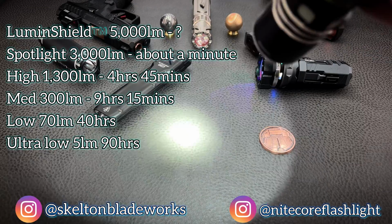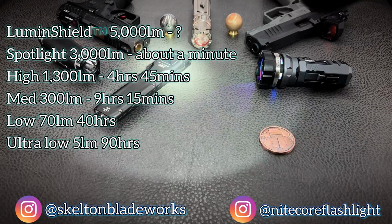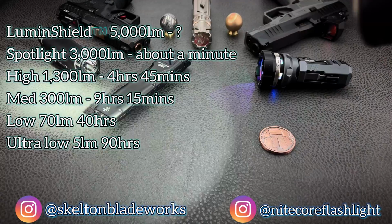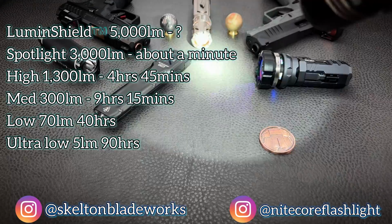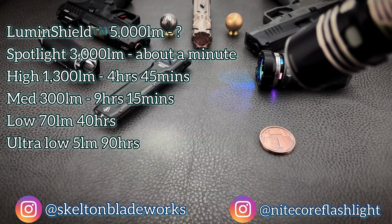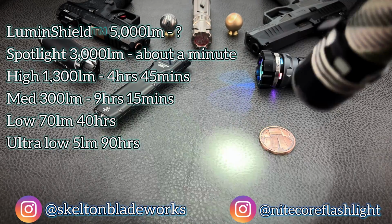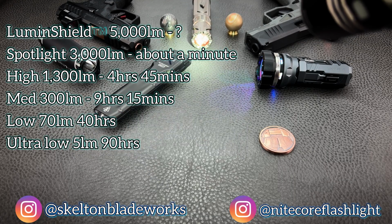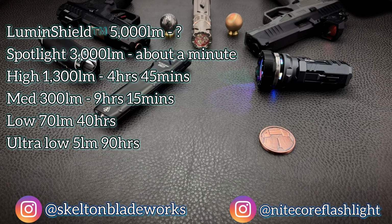The mid is 300 lumens, which is going to be pretty much what you're going to use walking around in a field or something at night. That's going to give you more than ample light. 9 hours and 15 minutes. Low is 70 lumens, good for around the house, inside the house. And the ultra low